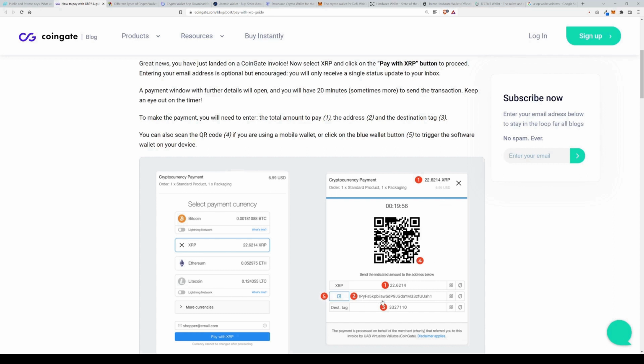The address, here's the address in 2, and this is that cryptographic public key for the address you're sending the funds to. And the destination tag down here in 3. Now a destination tag, this could be a universal address, and they can have lots of different destination tags. This would be like the name of the bank, and this identifies your account. That's how that works. You can also scan the QR code, remember they talked about having that QR code, if you're using a mobile wallet,